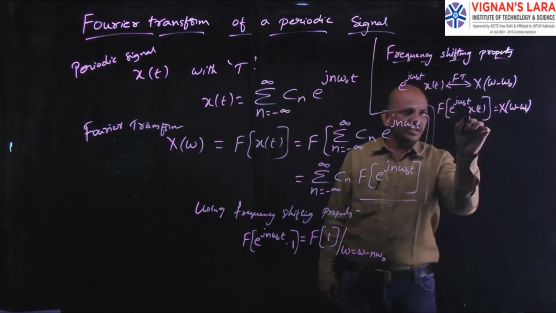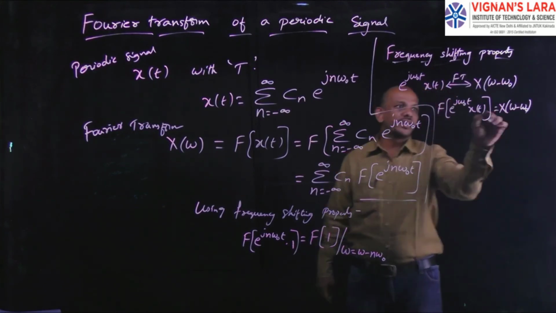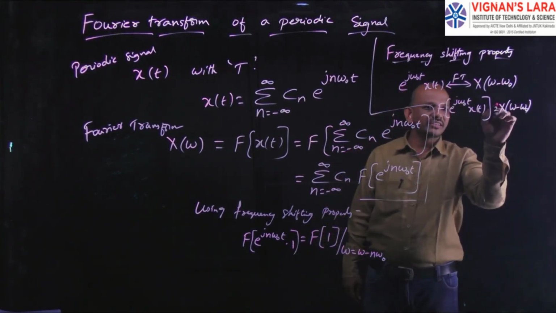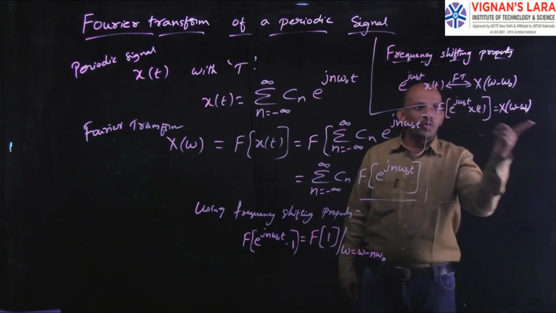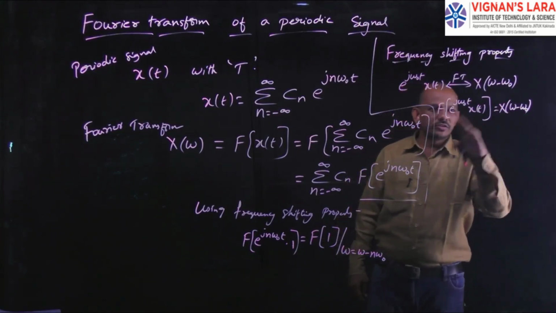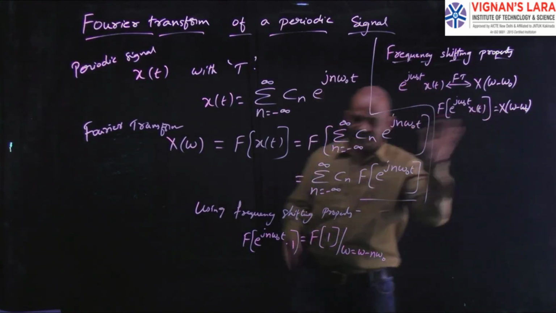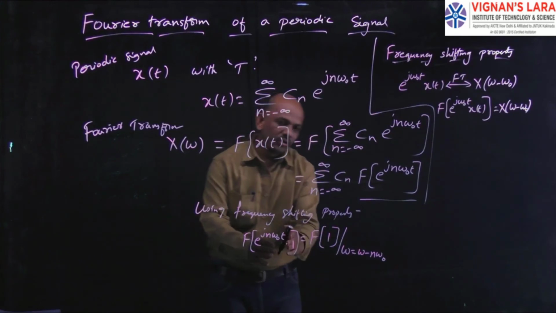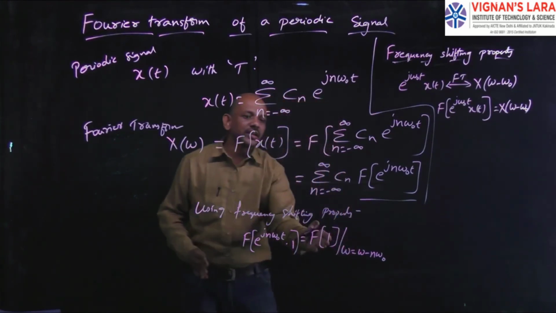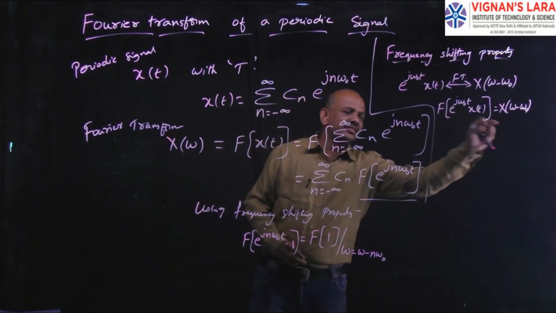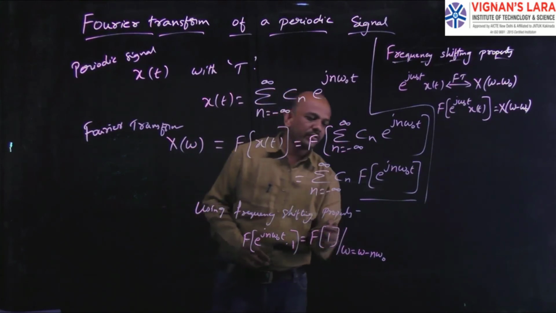That is, here what I did, for x of t the Fourier transform is x of omega. That is, the Fourier transform of x of t at omega equal to omega minus omega naught. So the Fourier transform of x of t is x of omega, and in place of omega they have substituted omega minus omega naught. In the same way, here we have 1. So for 1 I had taken the Fourier transform. The Fourier transform of 1 at omega equal to, here we have only omega naught, hence they had written omega minus omega naught, but here we have n omega naught, so I had to write omega equal to omega minus n omega naught.